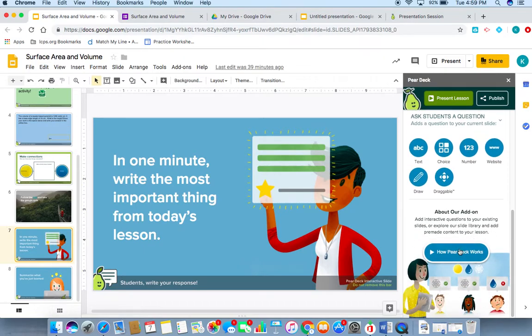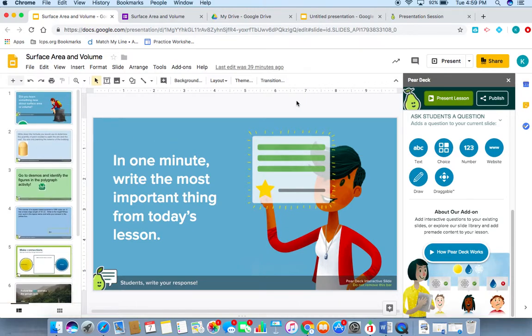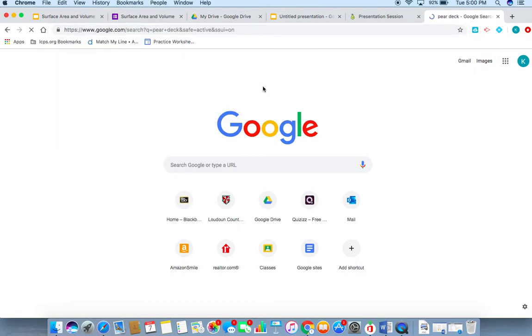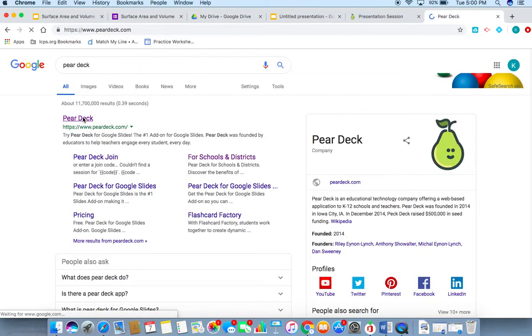Now if we look down here, if you are not familiar with Pear Deck at all and you want to just start at the very beginning, this is where you're going to go. How Pear Deck works, it's a very short video. If you are familiar with Google Slides, it will not take you long to start creating a slideshow. When you want to know all the capabilities that it has for teacher presentation, for displaying work, for hiding student work, you can go to Pear Deck, go to their home screen,